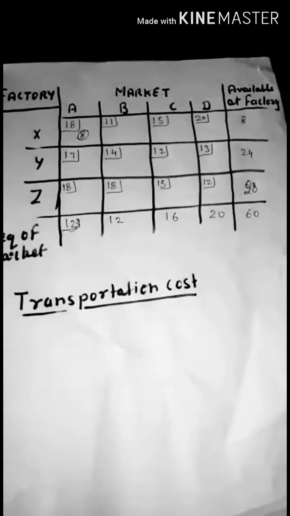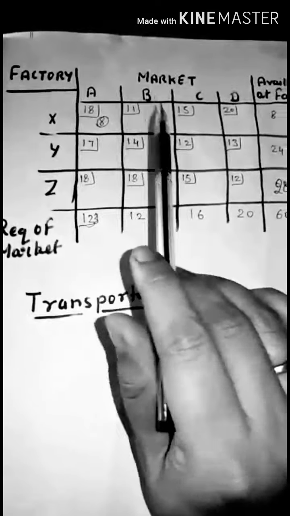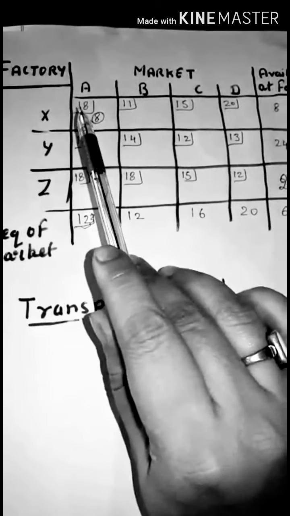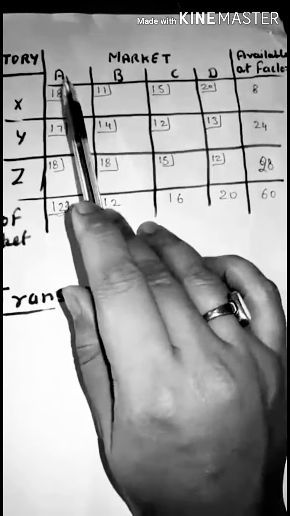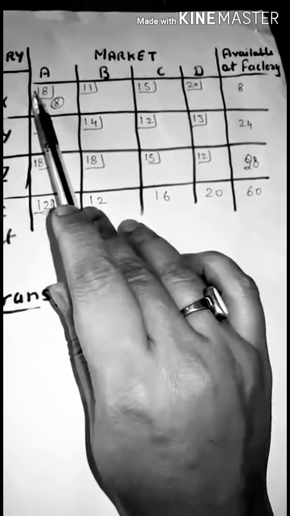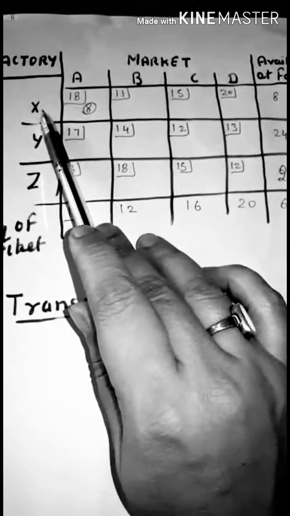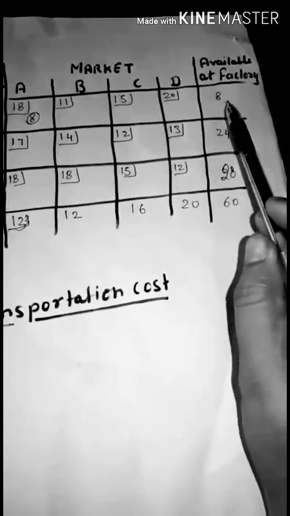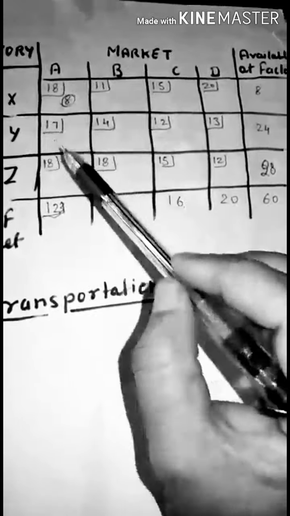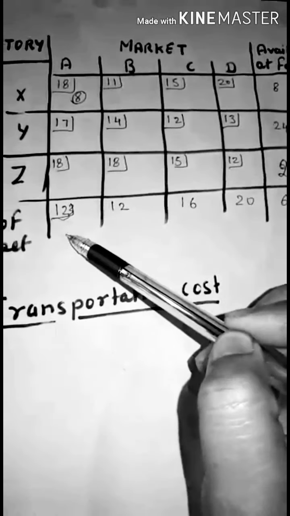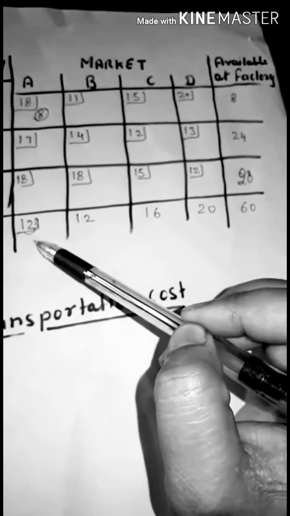Now student, we solve the problem. We again make the table. In this table, we represent the cost of each cell in this corner. In northwest corner method, we start from the upper left hand corner. Here we can see factory X has 8 quantity to supply and the demand of this market is 12. We have to fulfill the demand of market A by the